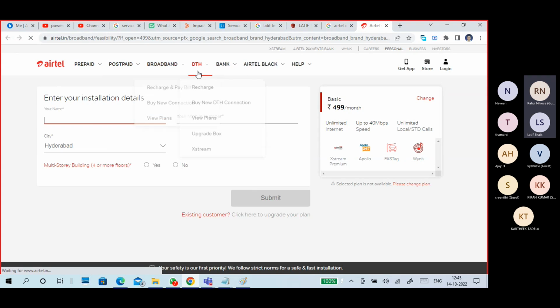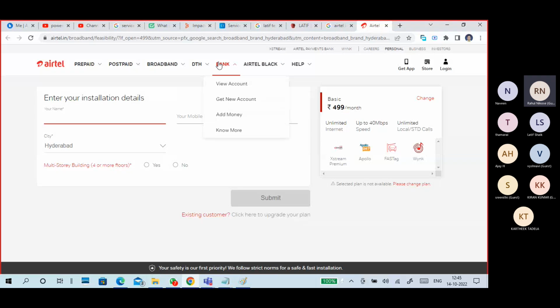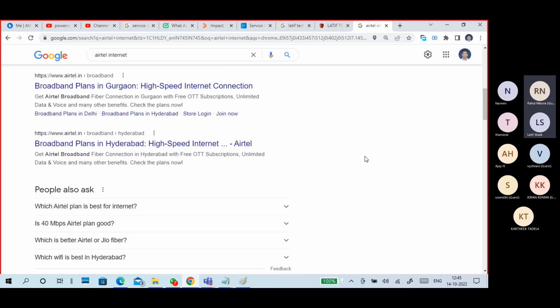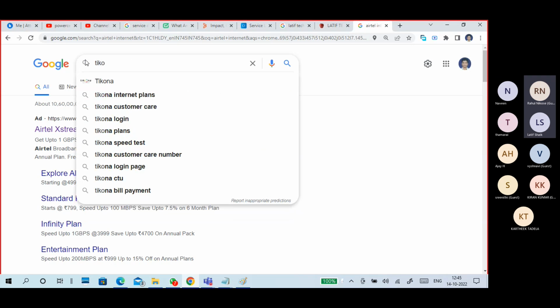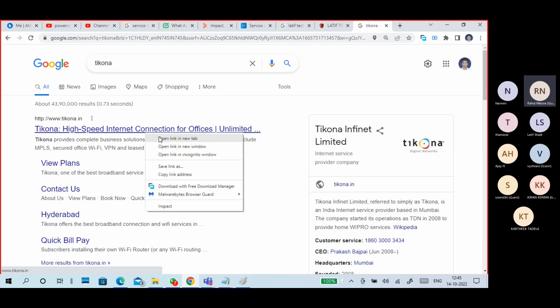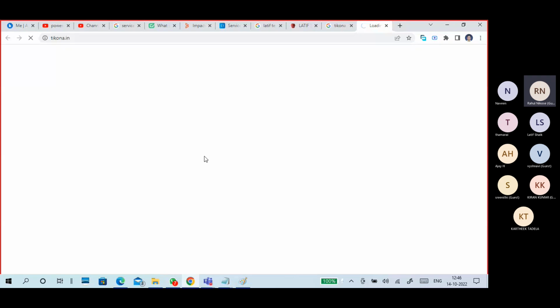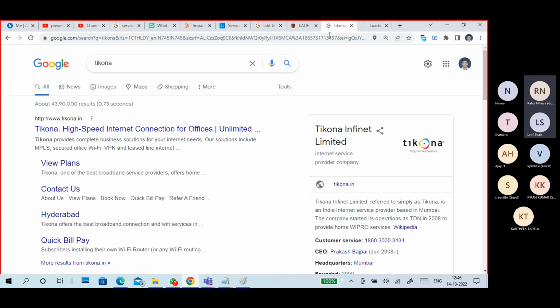This is broadband, postpaid, prepaid, business, carrier, Airtel Payments Bank, Extreme. It is all mixed up. Sahara is also there. Tikona, is it still there or not? ACT.